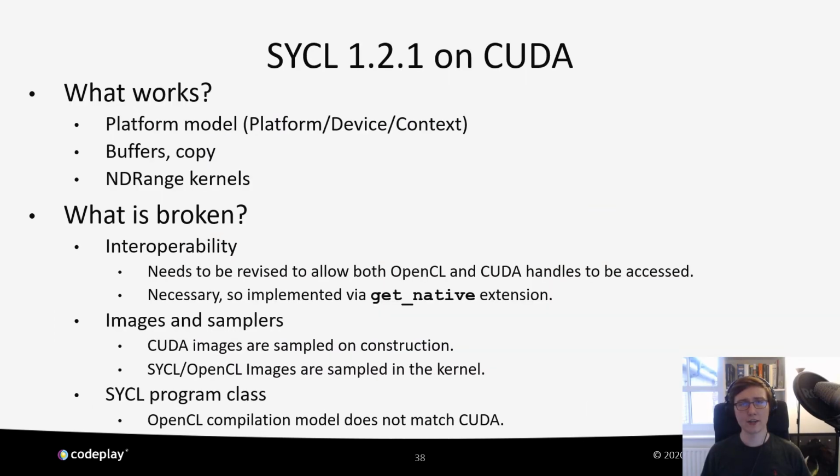So when we started looking into running SYCL on top of CUDA, we started to identify a number of features that work and a number of features that don't. Our initial thoughts were Nvidia provide an implementation of OpenCL 1.2 on top of CUDA, so our job should be relatively simple for the SYCL features that map closely to OpenCL 1.2. In reality, there are a number of things that do work and a number of things that don't. One of the things that works really well is the OpenCL platform model. If you think about it, we have devices, context, platforms. These are all things with clear equivalents inside the CUDA driver API, which makes it a relatively easy feature to